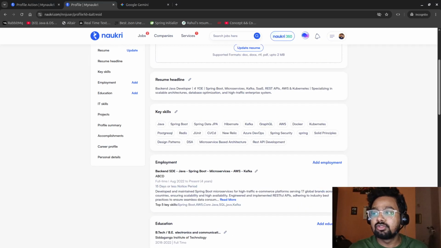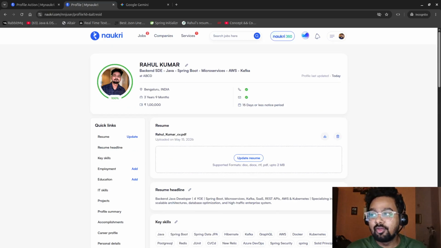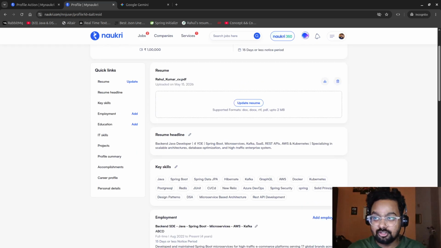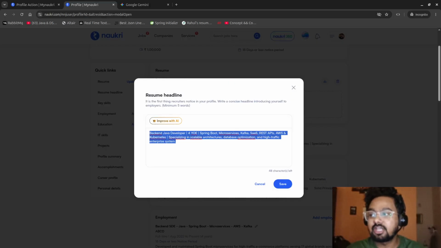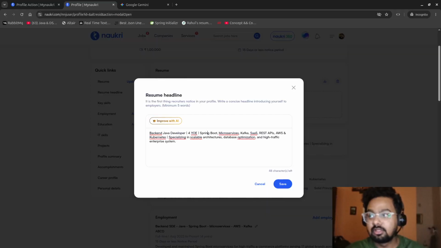Now coming to the second important thing, which is the resume headline. The resume headline should not be one single sentence. The way you have written your highlights or position, in the same way you have to write your resume headline. For me, it is backend Java developer and 4 years of experience, and what are the key skills I have: Spring Boot, microservices, SaaS, REST API. And also I am